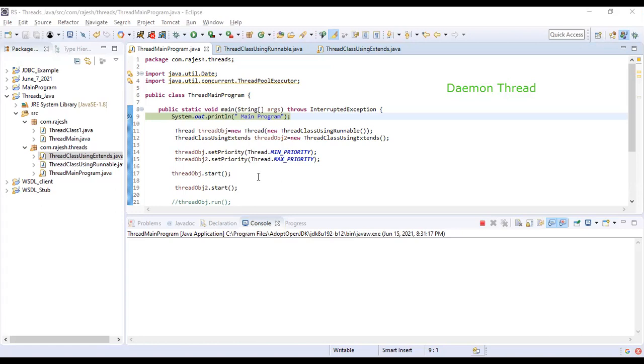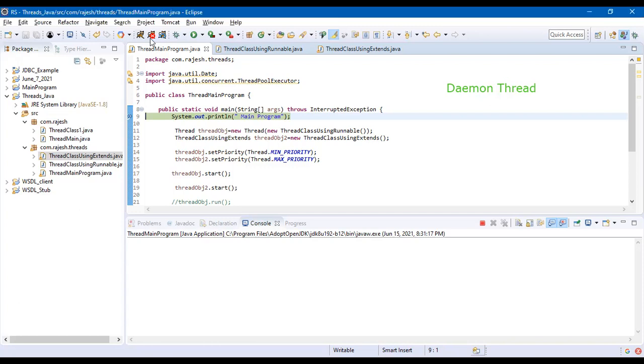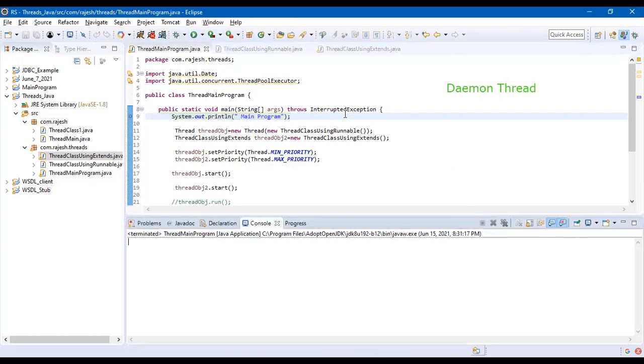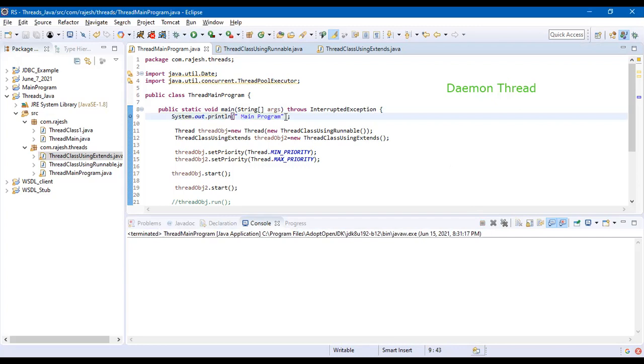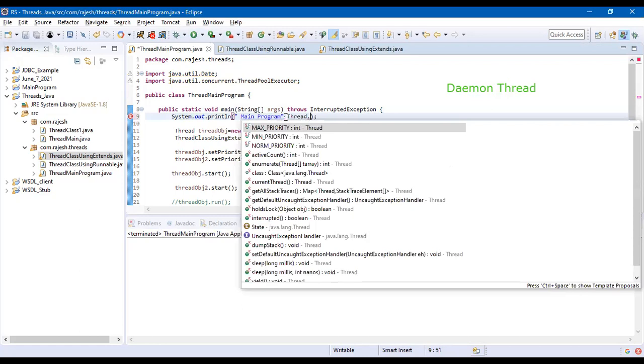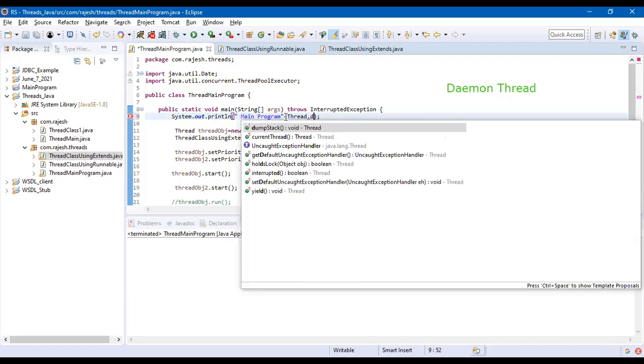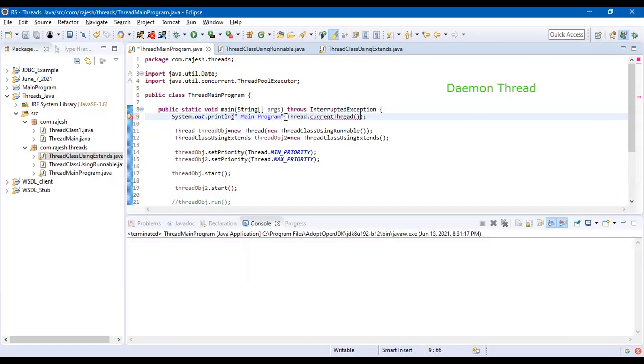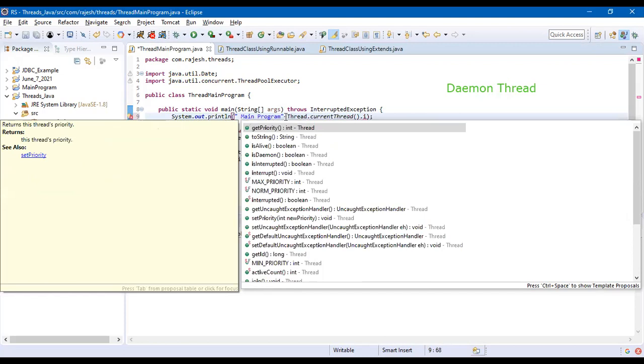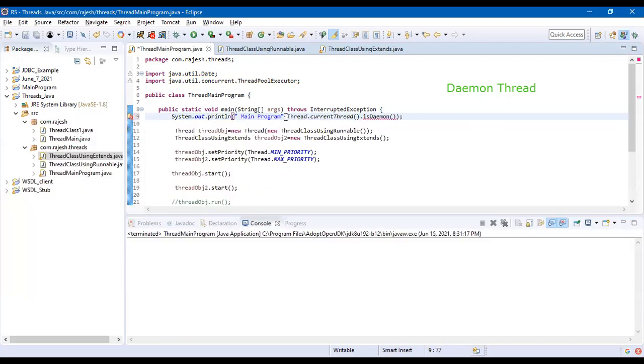Okay. Let us see. I can do one thing. We have a method here: Thread.currentThread().isDaemon().